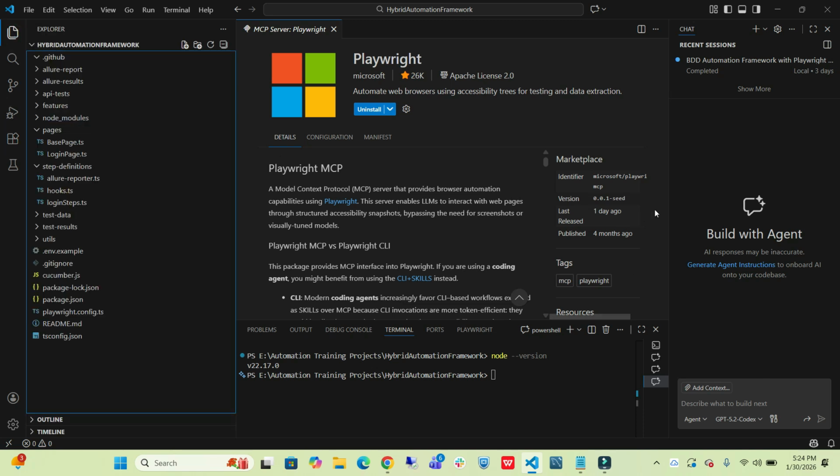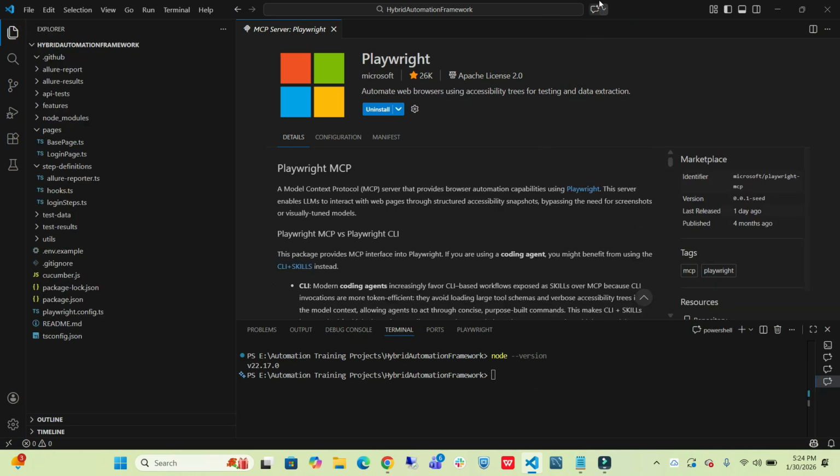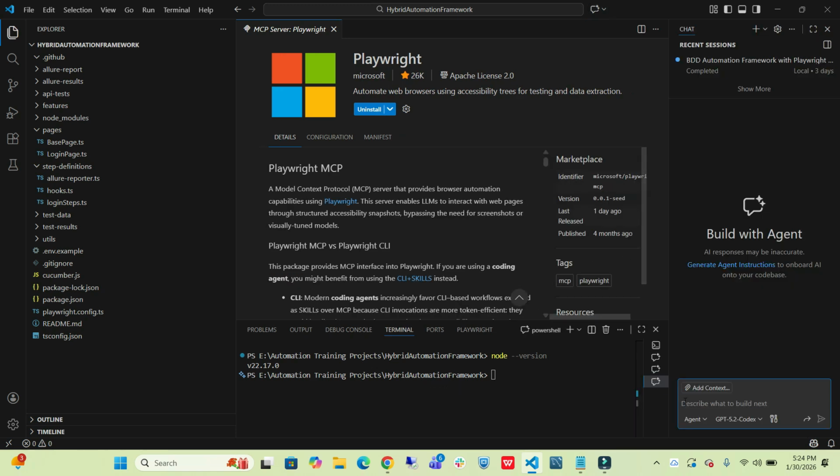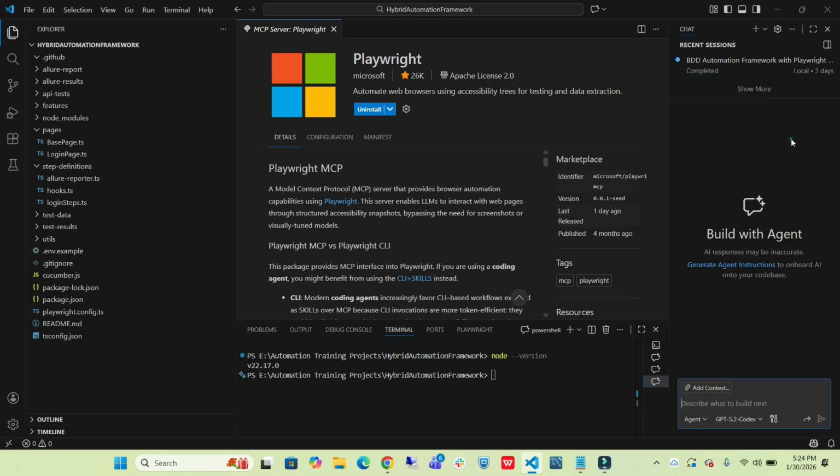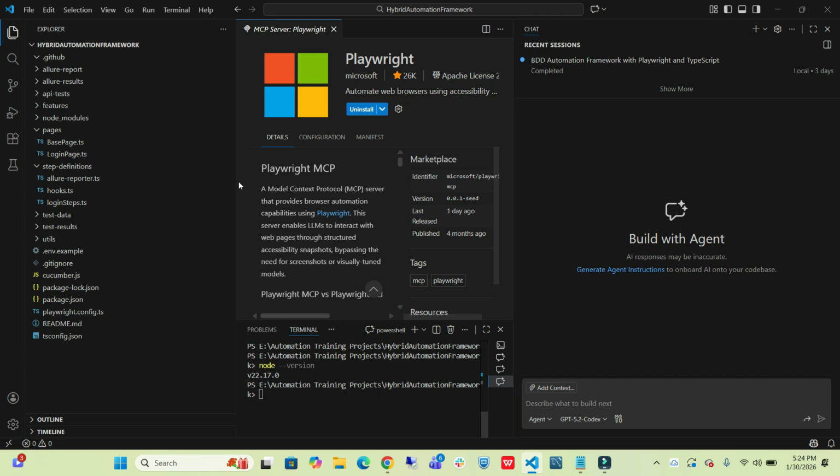Now let's go back to the project. You can open Copilot here and make sure agent mode is selected. And yes, these are the agents. I will not select anything, but I want to make sure this is working. So let's say